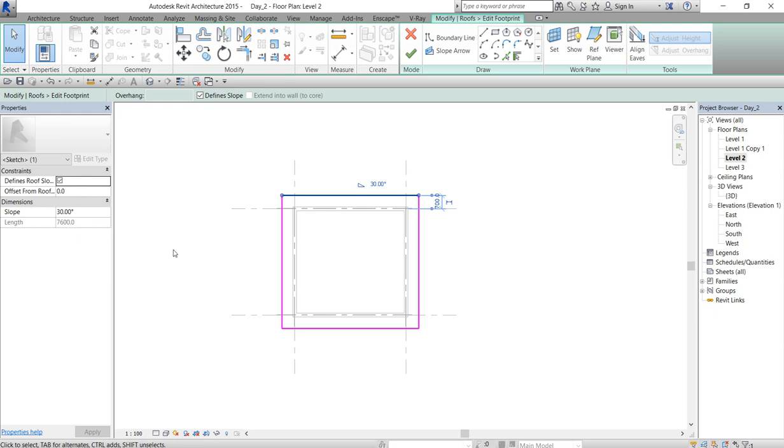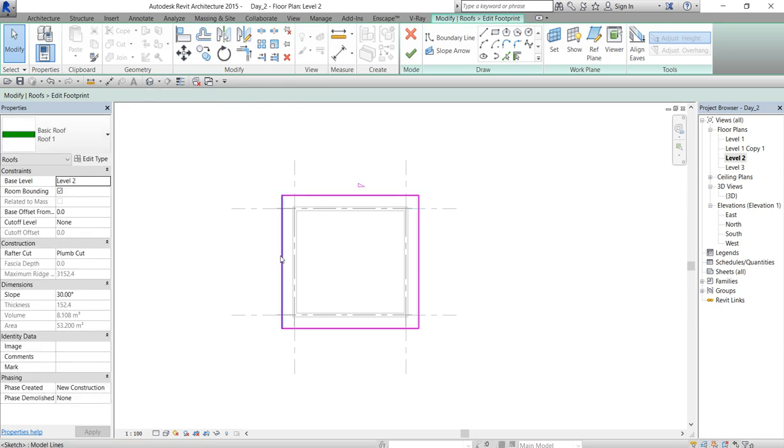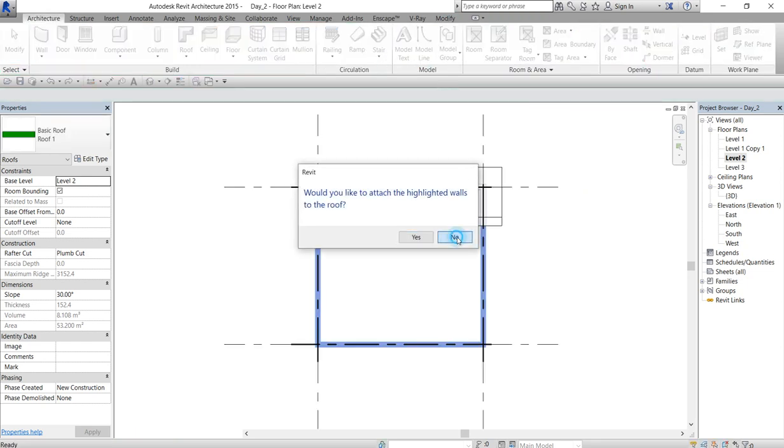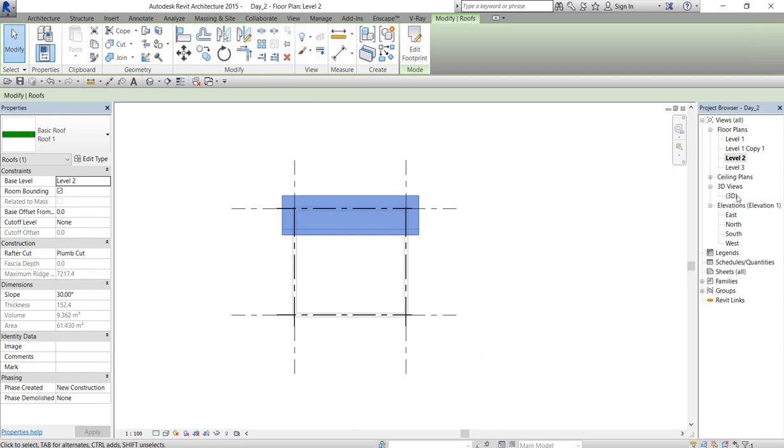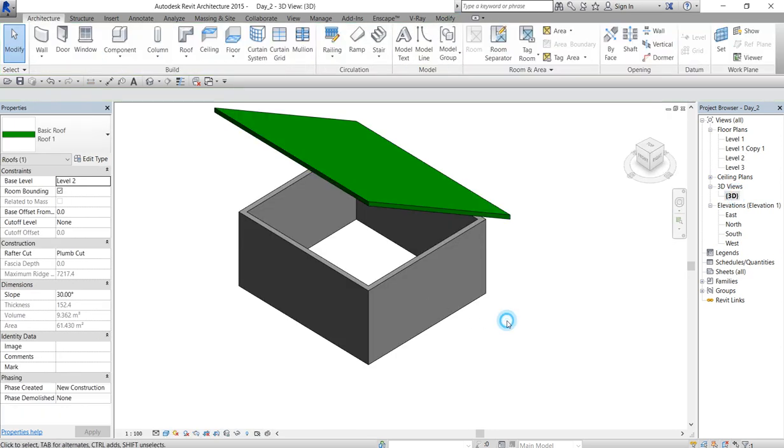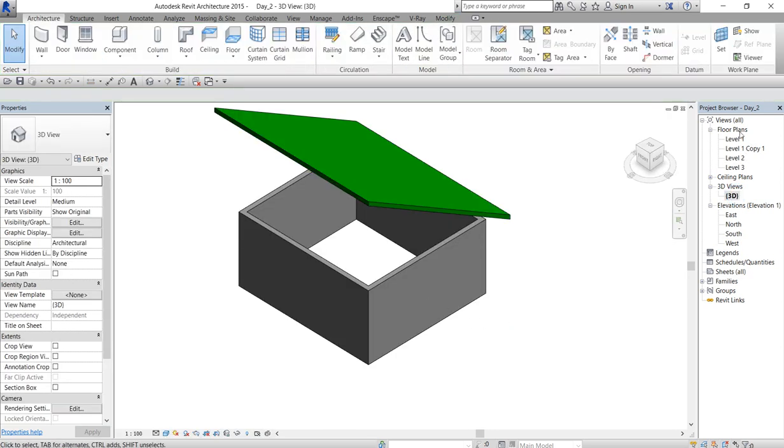You can edit the degree by yourself. So like this one we have it now. Look at the way the roof will fall. Go to 3D. I'll click on finish. Say no. Now go to 3D and see it. You see that the fall is slanting to the back. So go back